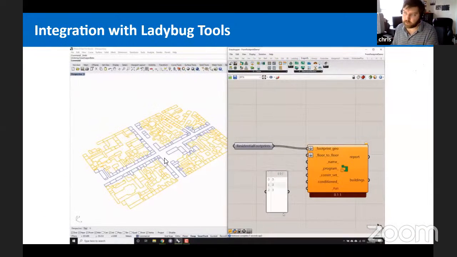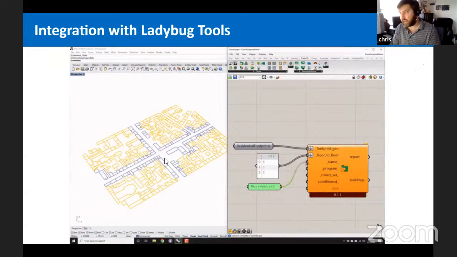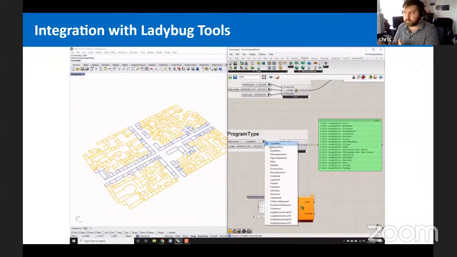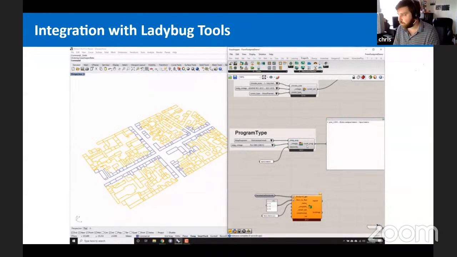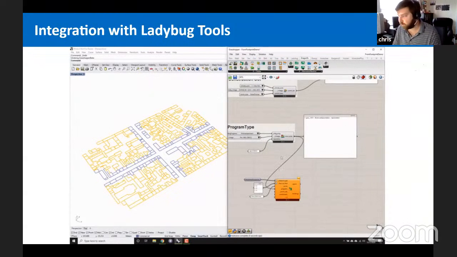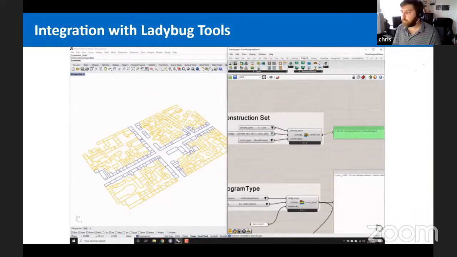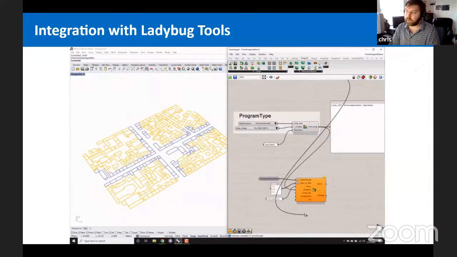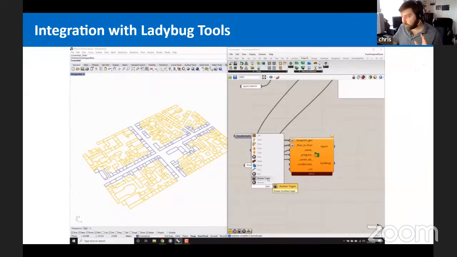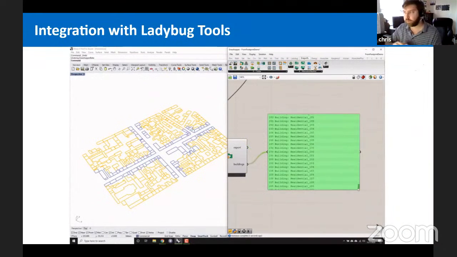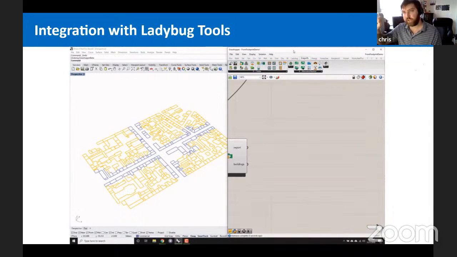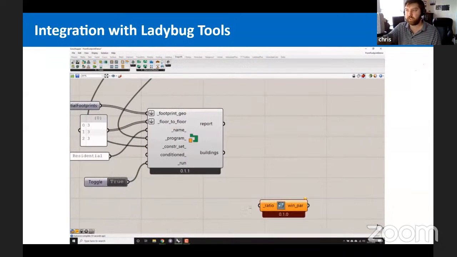But essentially, to answer your question about how the floor heights are being assigned to the footprints, I have them in Rhino here. These are Rhino geometries that I've imported into Rhino Grasshopper using one of the other Grasshopper plugins that's available. There are lots of geospatial plugins available. But you can see what's happening is that in this case, I'm simply plugging in a list of those footprint geometries, and I'm assigning the same set of floor heights to all of them. So there was a list of three values there, and each of those was a floor height. You see these three individual threes.